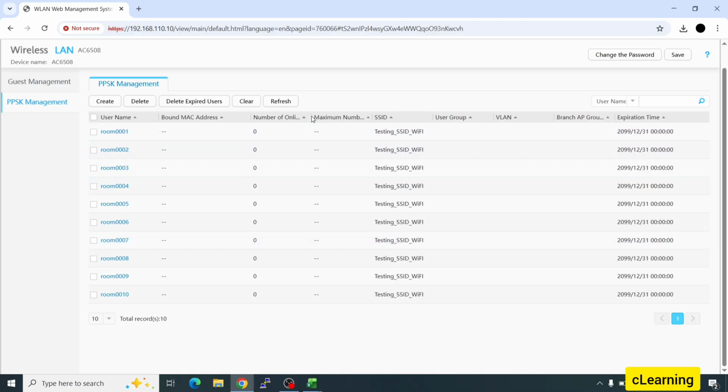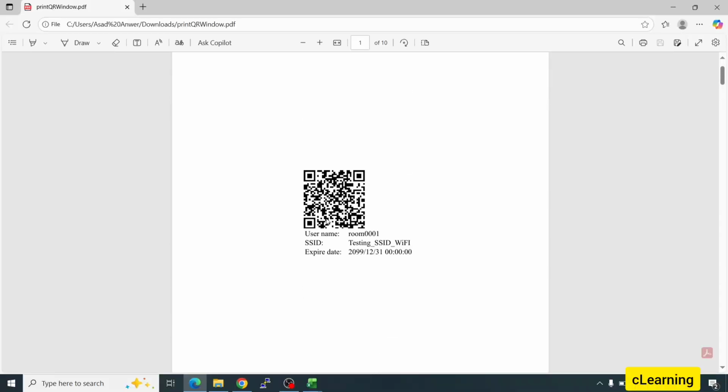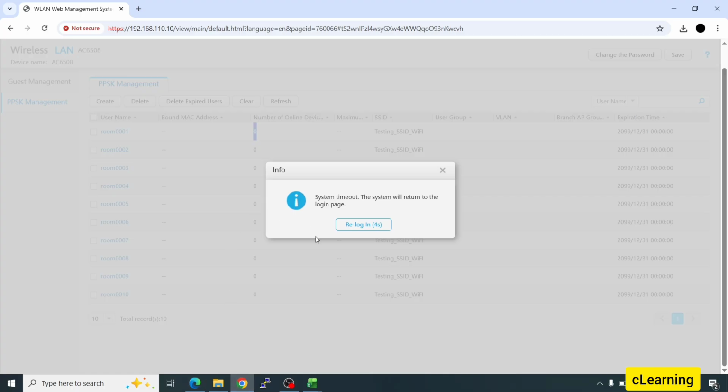Now you can see the number of online users is 0. I will scan room number 1 with my mobile, and then you will see one online user here. So this is room number 1. Let me scan with my mobile. I have scanned my mobile phone. Now here it will reflect the